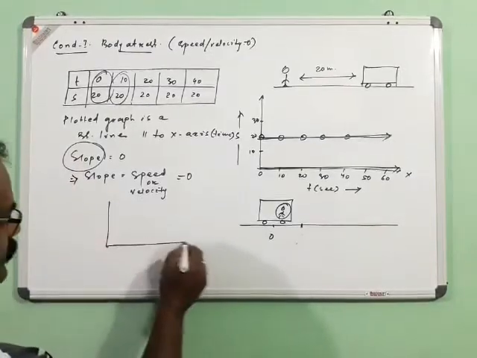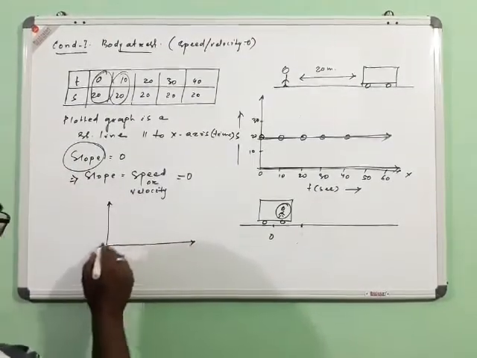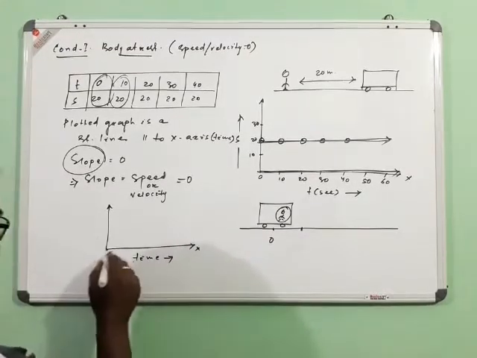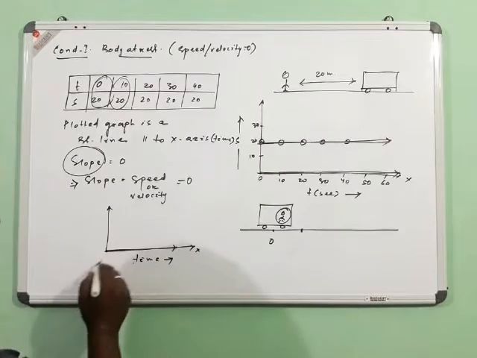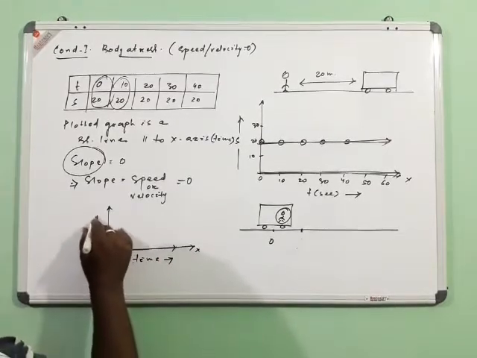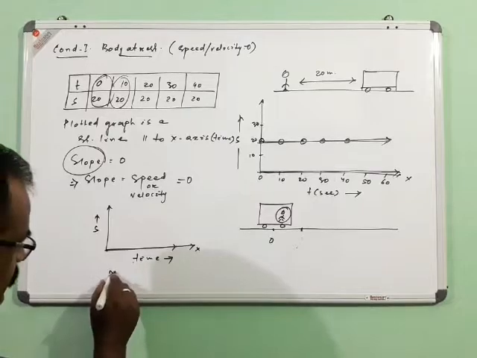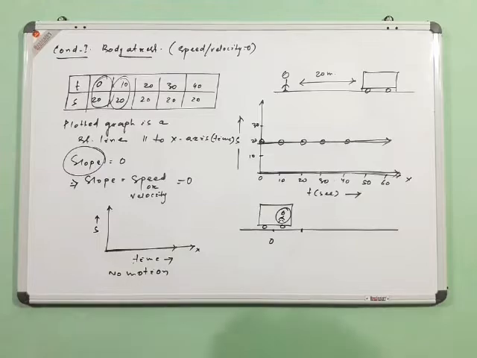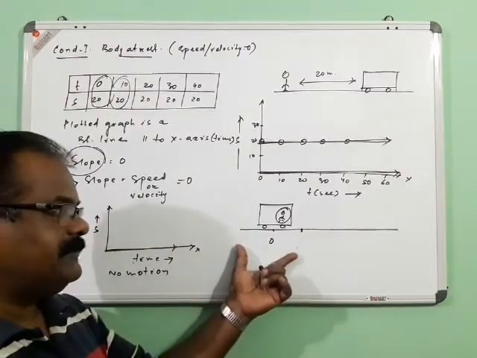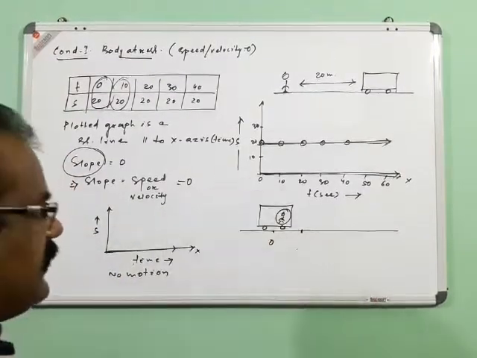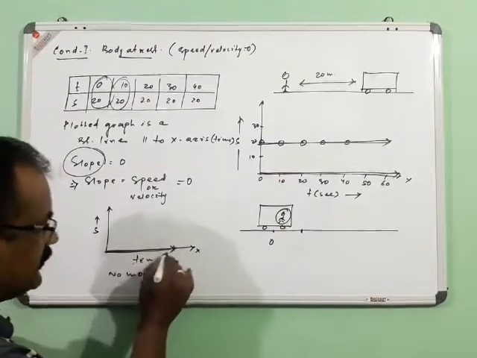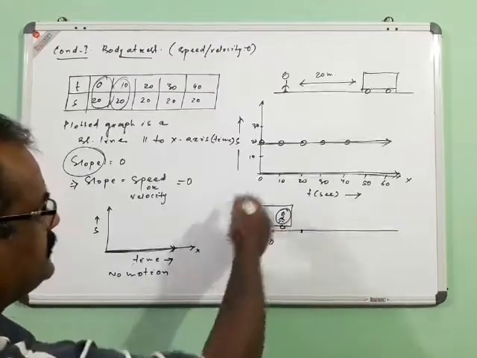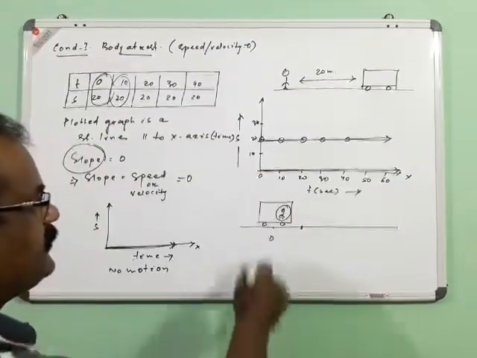and in such cases we may get the graph lying exactly on the x-axis, representing that the body is in no motion or at rest, and it is very close to the observer. So these are the two conditions: if the graph lies on the x-axis, or if it is parallel to the x-axis or the time axis. In both conditions we can say that the body is at rest,